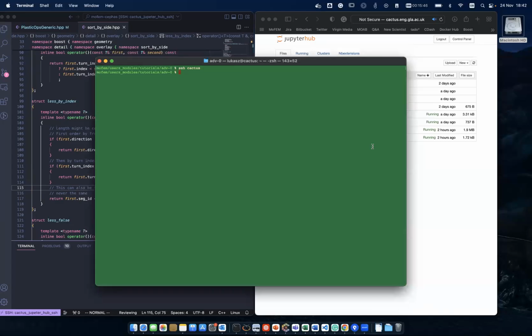Okay, quick video on how Docker, Jupyter Notebook, and VS Code work together on Cactus. So when I log in on Cactus,